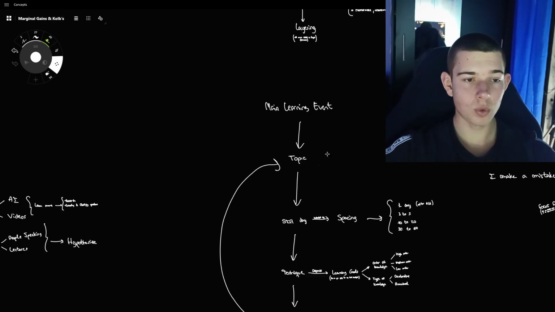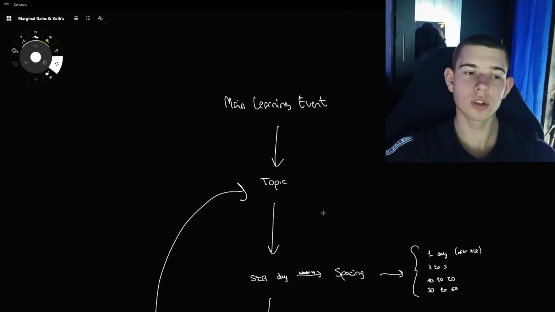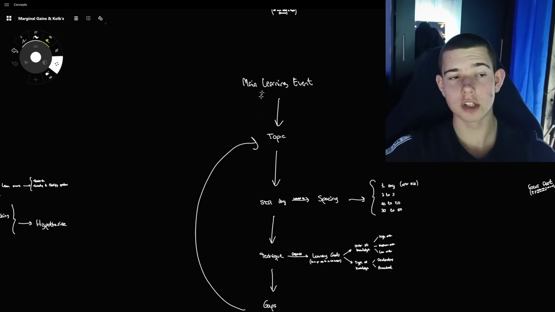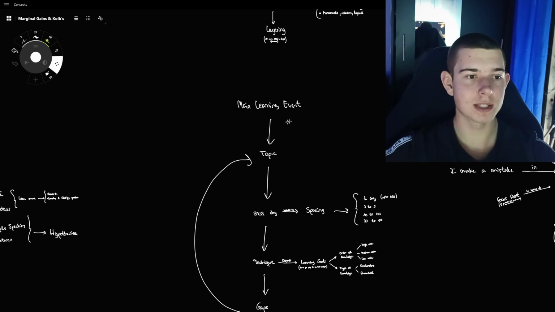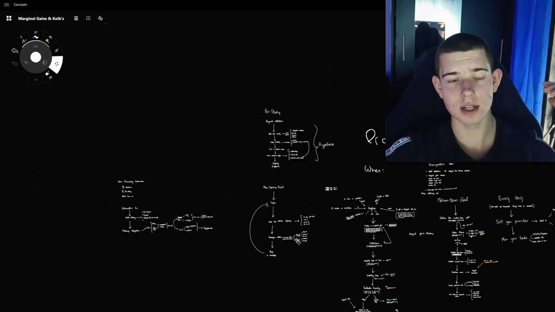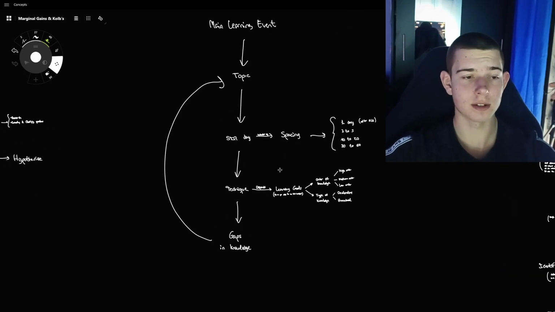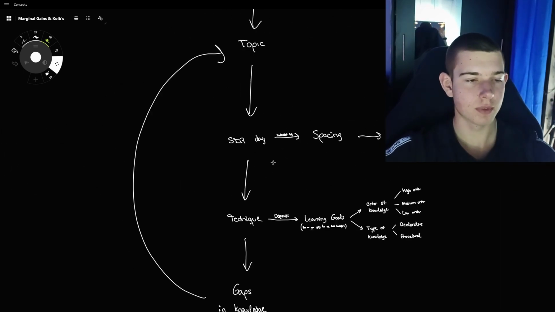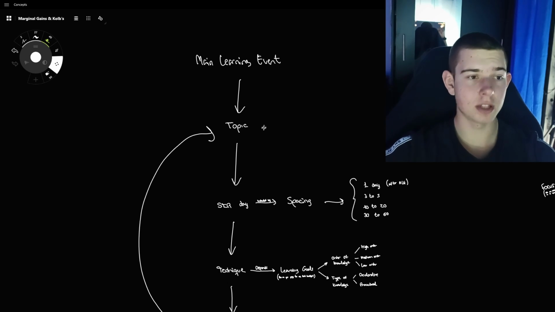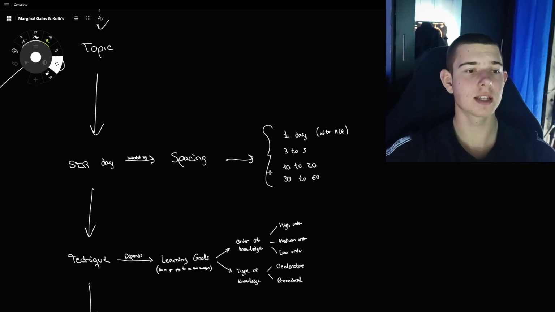Then, when I actually sit down for a long study session, what do I do? Well, I just learn about a topic. Now, this process of learning about a topic is really complex, and I haven't mapped it out here yet, but I will be doing it over the next following days. As I said, this is not yet finished, but it's on a really good path. Then I'm going to test myself. After I've done my main learning event on a topic, after a couple of days, I'm going to test myself.